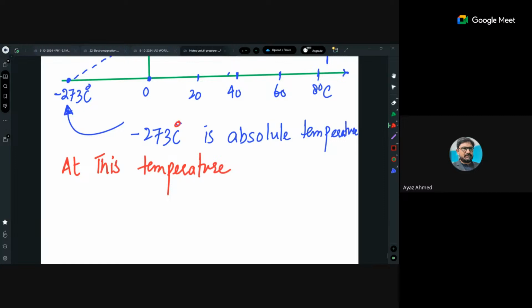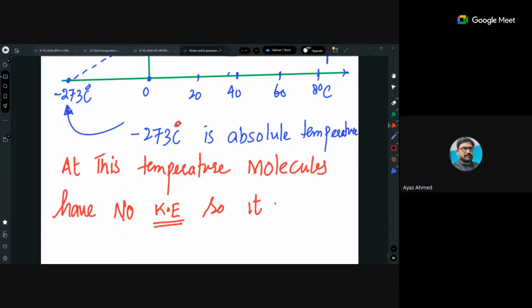Yes, exactly. So at this temperature, gas molecules have no kinetic energy. So I'm just writing one sentence: molecules have no kinetic energy. So it is called